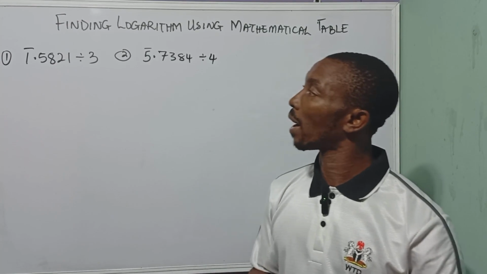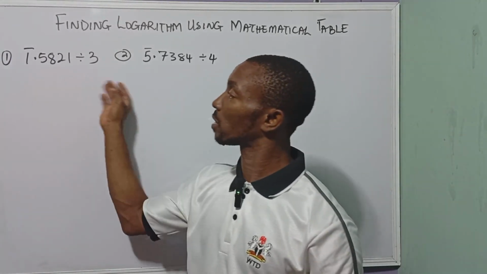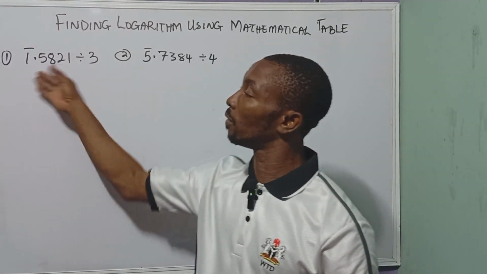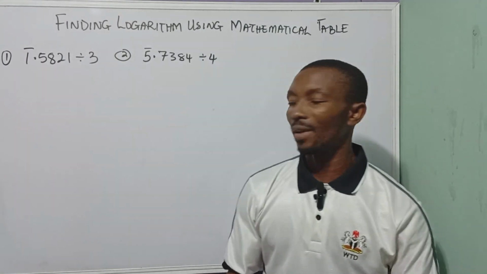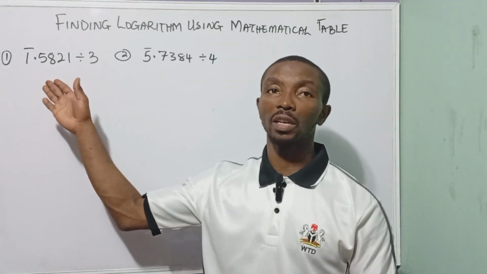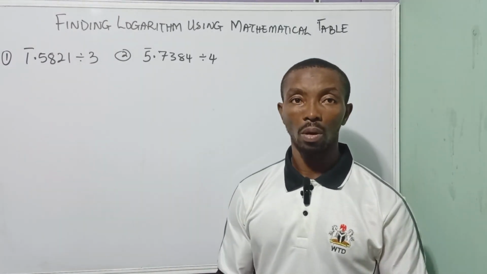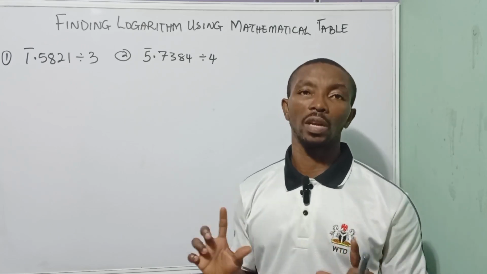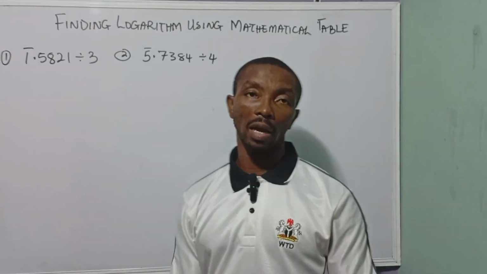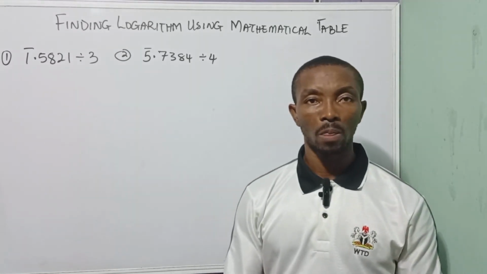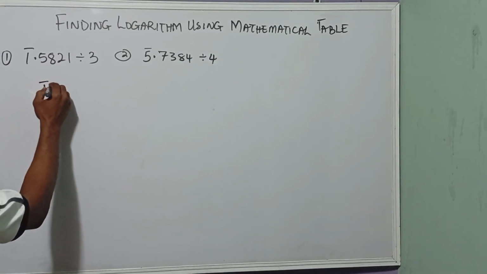In cases where we have answers as negative logs, we are using these as examples where we have negative logs divided by a positive. What do we do? Definitely, if we write this on our calculator, we are going to have a negative 0. And mathematically, there's no negative 0. Alright? So how do we solve this to get our right answer? Okay, now, if we have this, we have about